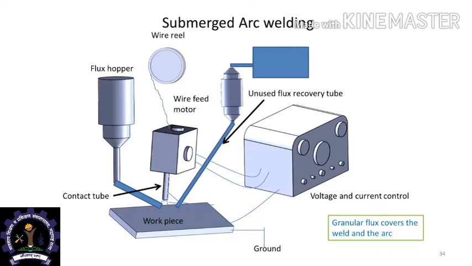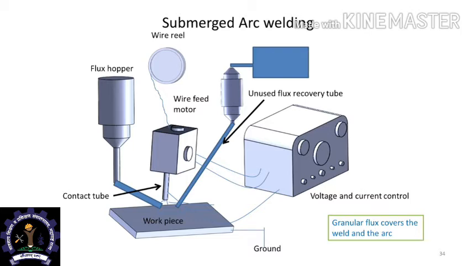And there is an electrode that strikes an arc, and the electrode is often a consumable electrode coming from a spool. As the arc is traversed along a path on the workpiece, the flux hopper is also moved along, and the flux is deposited on top of the arc, and the arc is actually submerged under the granular flux, which means that the flux will protect the arc environment and lead to the arc being stabilized, compared to a situation where the arc is struck and the gas is freely flowing away from the arc in an open environment.